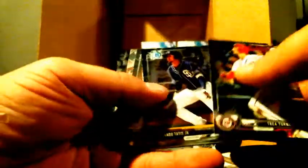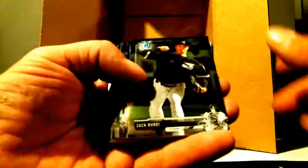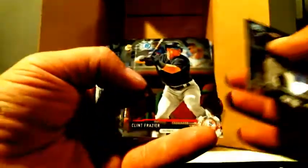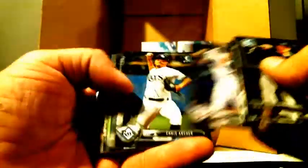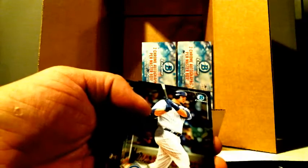Trey Turner, Fernando Tatis, Daniel Gossett, Brett Phillips, Noah Syndergaard, Robinson Cano. He does. He has a beautiful auto. Zach Birdie, Clint Frazier, Jose De Leon, Jose Bautista, Chris Archer, Anderson Tejada, Jorge Mateo, Jamie Schultz, blue, 130 out